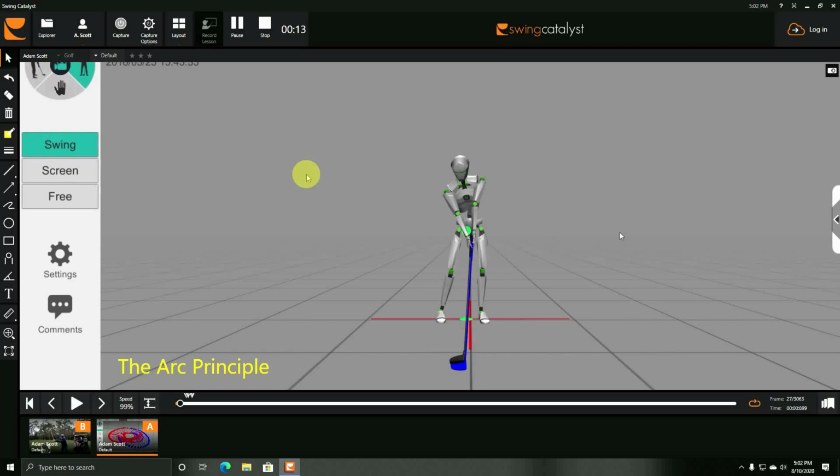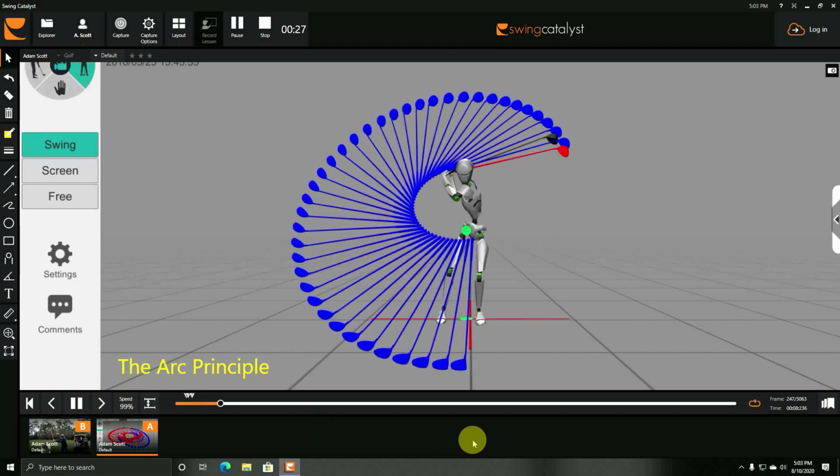The first video we did was about setup. Today we're going to take a look at what I call the arc principle. And this model here in 3D is Bryson DeChambeau. So we're going to let that play here in a second. This is from 2016, so a little bit old, but